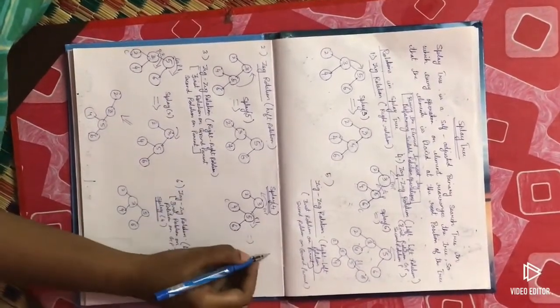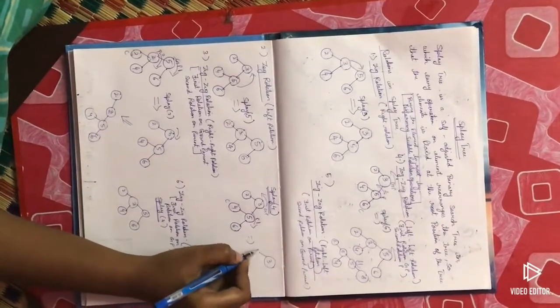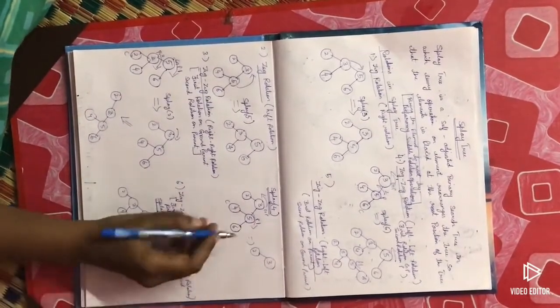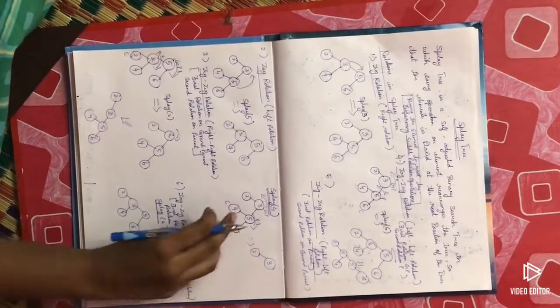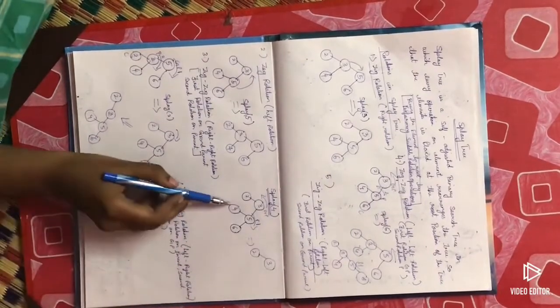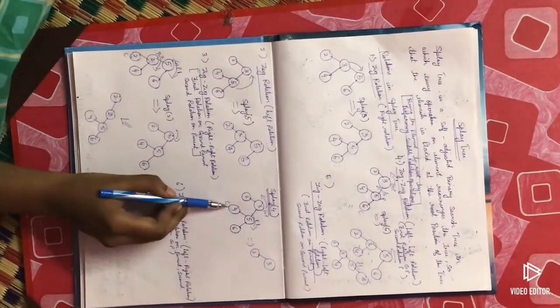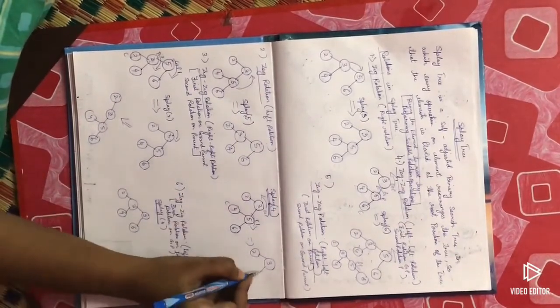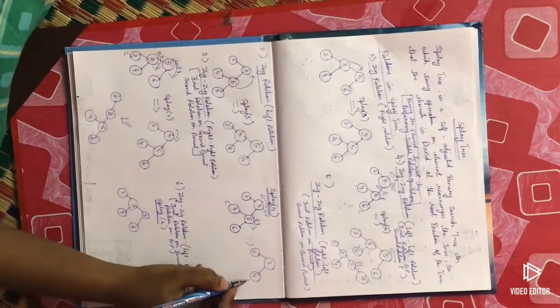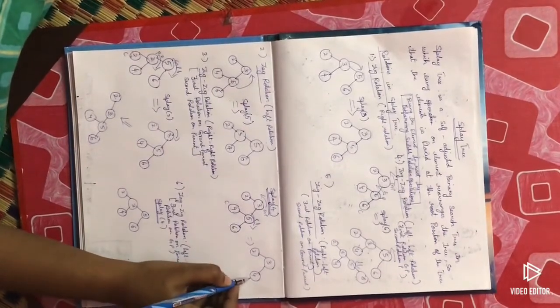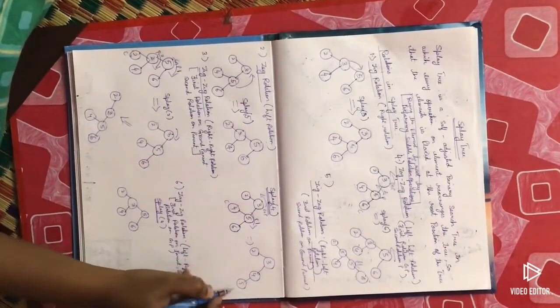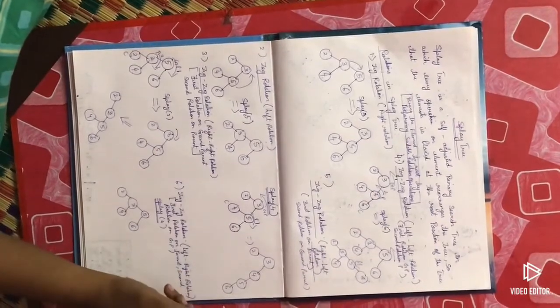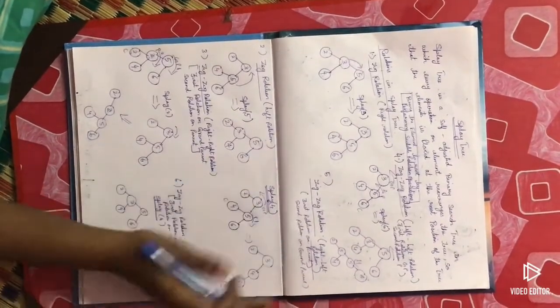So I will write it here. 3 and 2 are going to stay like that itself. Okay, first we are going to rotate this element. If I pull this 5 and 6, 4 will go here, and at the right of 4, 5 and 6 will come. So now 4, 5 and 6 will be here. Okay, first rotation we are done on the parent.